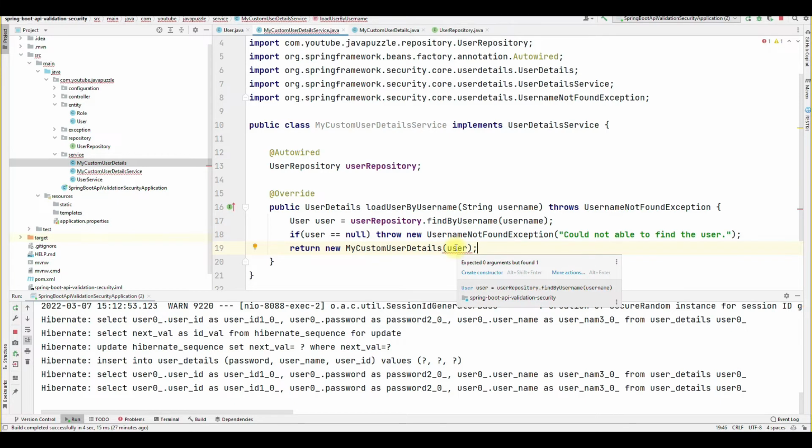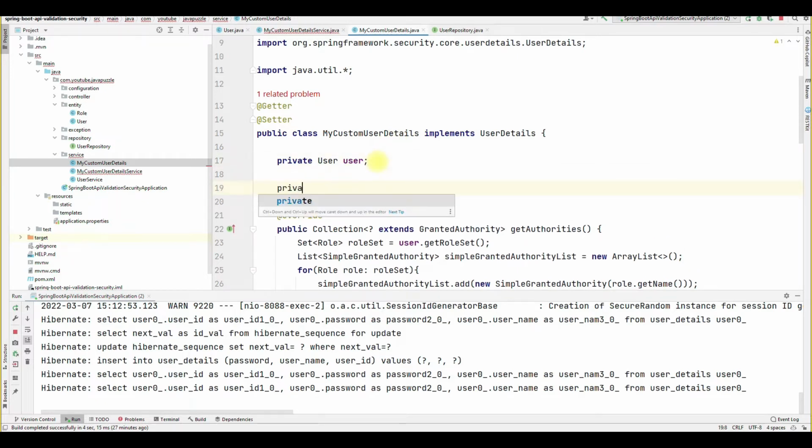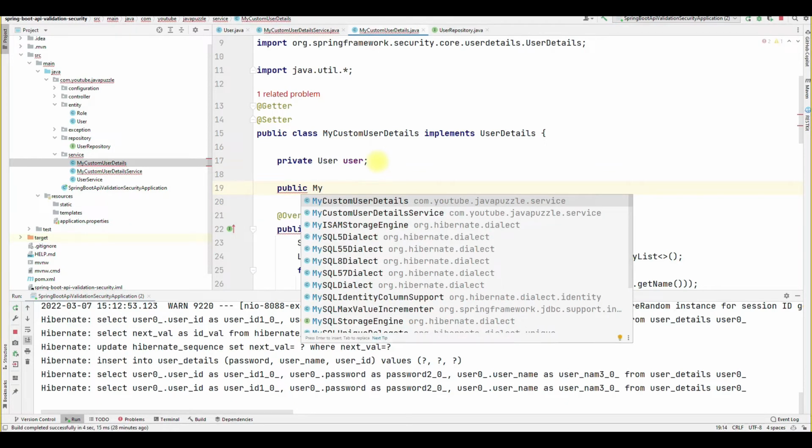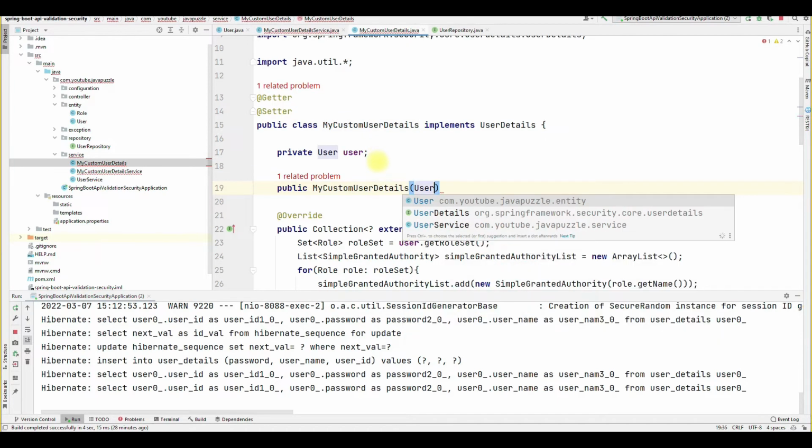It's saying to create a constructor. Okay, here we didn't create a constructor, so let me create a constructor first. Sorry, public MyCustomUserDetails, and inside it pass the user.